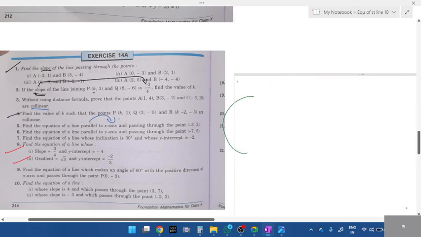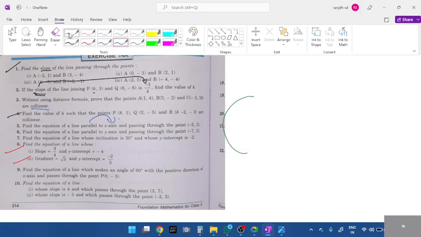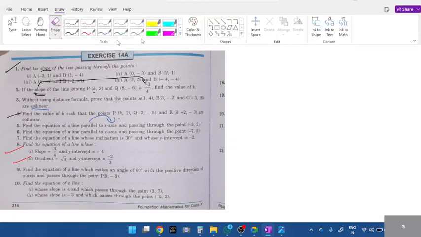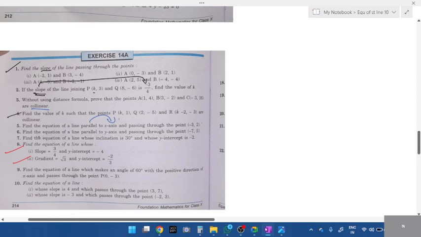Okay, now ignore this. You all try the next one. All of you will unmute and answer the next one, students. What is the point given? If you want to find the equation, the keywords are equation and point. Only one point is given, -5 and 7. It is parallel to which axis? Parallel to